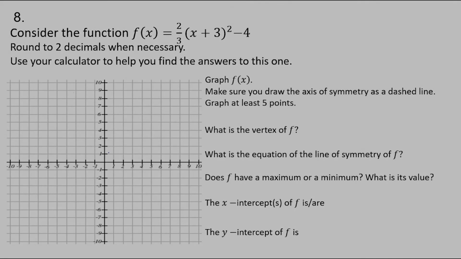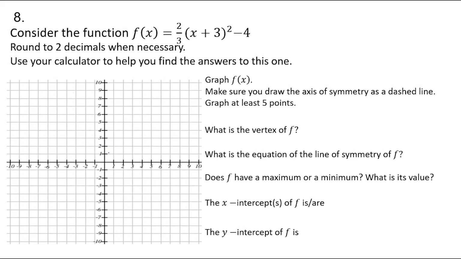Let's take a look at this function f of x equals 2/3 times the quantity x plus 3 squared minus 4. Before we get started, make sure that you have your calculator handy, and in the event that we come across some decimals, look at the instructions here. We just need to make sure that we round to 2 decimal places. Okay? Before we get started, the first thing that we're asked to do is to graph it,